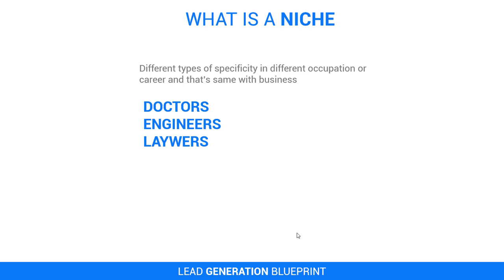Same thing with engineers. An aeronautical engineer is different from an electrical engineer. An electrical engineer is different from an electrical electronics engineer. Same thing with lawyers. A criminal lawyer is different from a business lawyer, is different from a civil lawyer. They are different. Lawyers have many parts. People don't know, except you meet a real lawyer and he tells you, I don't do all this, I only do this.